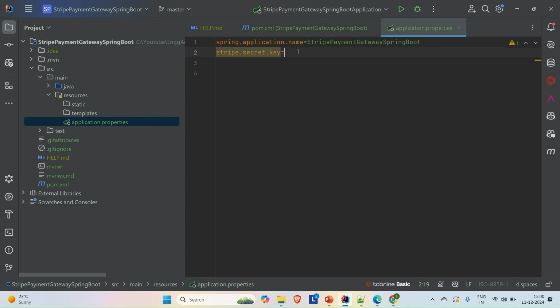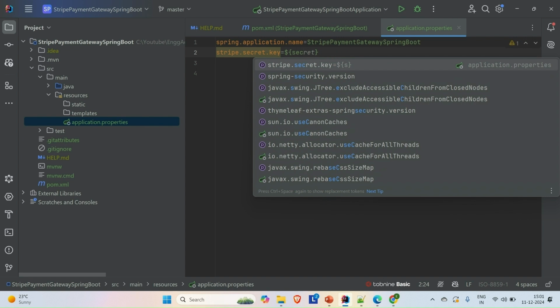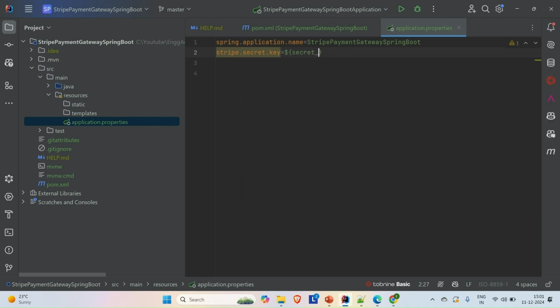So to use that thing like this key in the form of environment variables, what you have to do is some little bit of configuration here. So how we can do that? You have to put the dollar and then open and close curly braces, and then you have to provide your key here. So let's say secret key, secret underscore key. Okay,